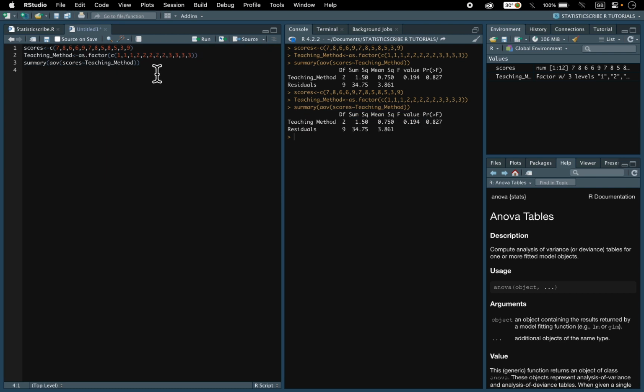So let's say I want to separate this. I don't want to run it as a composite function. So permit me to copy the data. Copying the data, let me use maybe line 5. I've pasted my data. You go to the next line. Let's say I want to contain the AOV function in a variable, okay? So let's say the variable is two-way Anova, then the assignment operator, then the function is AOV of the dependent variable, scores,